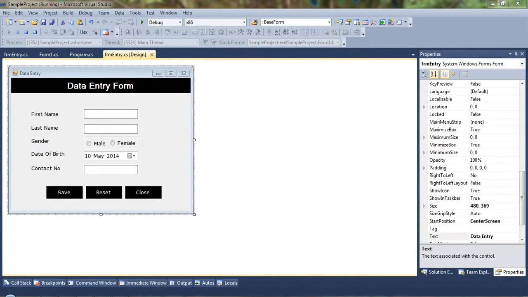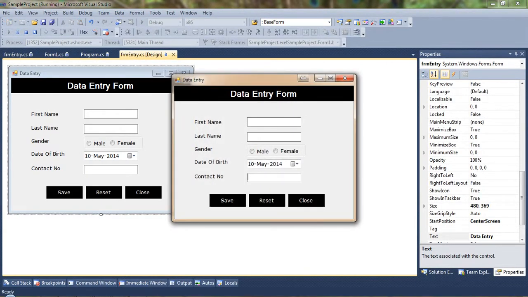Now we'll check the application. I am not able to write any alphabets here. The max length of this is 10. Since it's 15, it is not allowing me to type anything. So I have set the validation on type. Now we'll set the validation of mandatory, that I want all data to be mandatory.